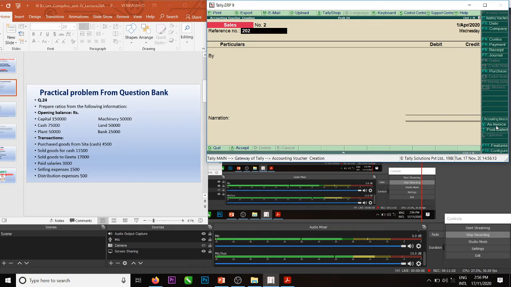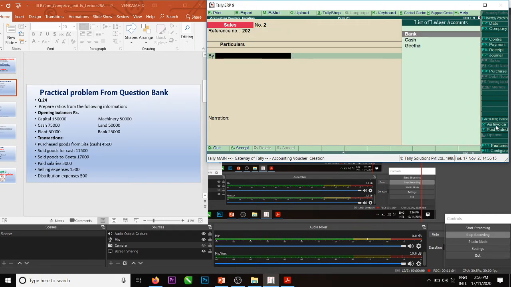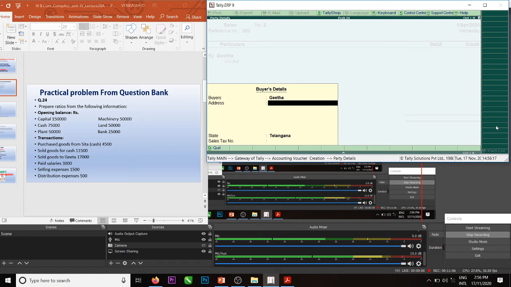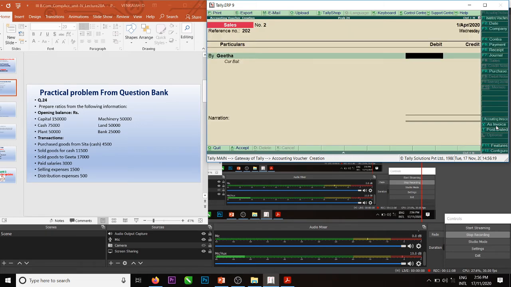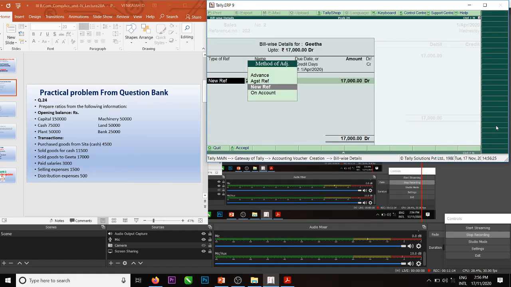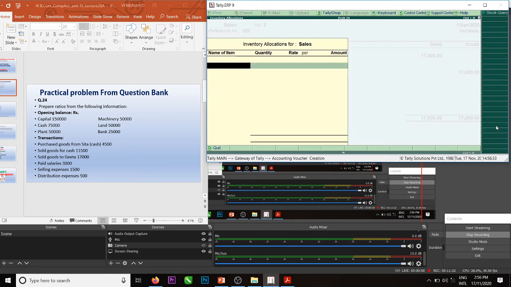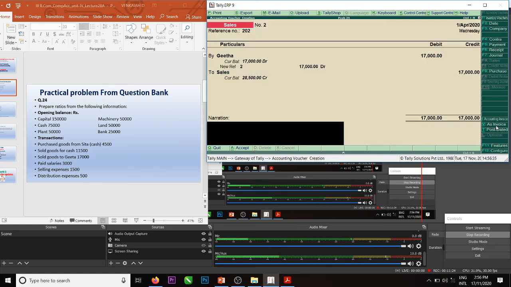Again sales. Geeta. Found letter to Geeta amount is 17,000. Next reference. New reference only. Sales. Goods sold to